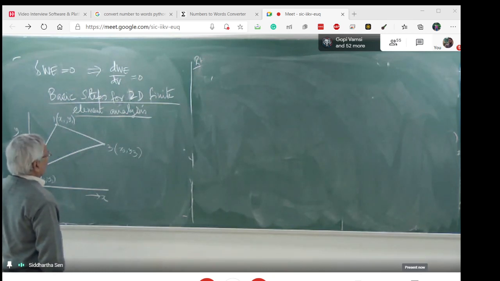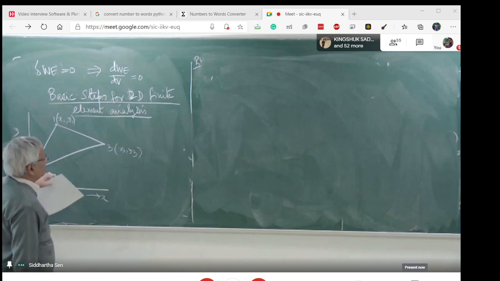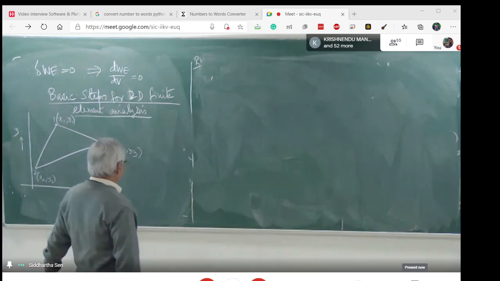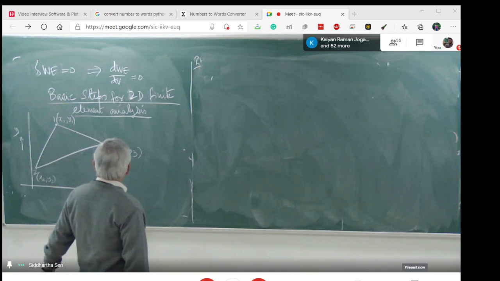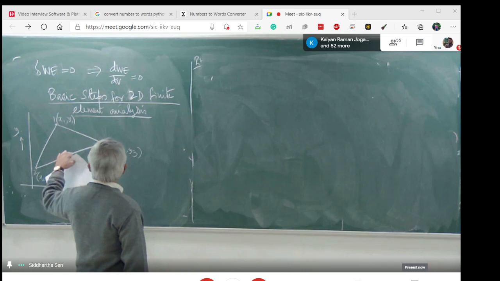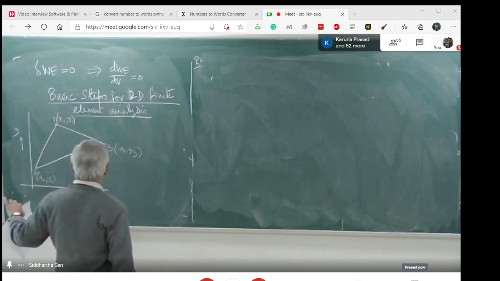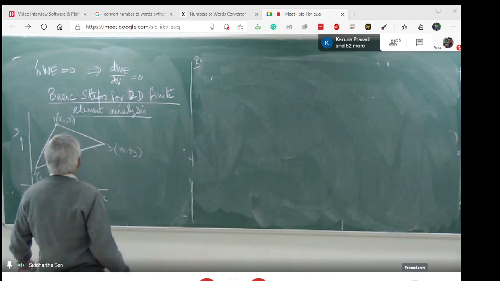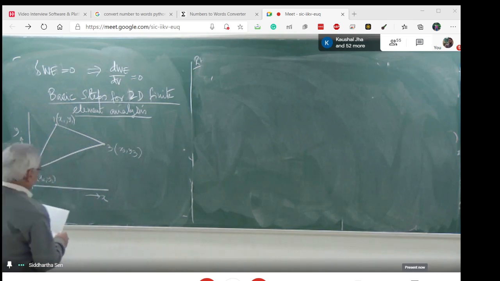Though I have considered an elementary triangle in this case, in this space it could be an elementary quadrilateral also. And in 3D space, this elementary triangle will be elementary pyramids and so on. Those things will be out of our scope, but I am just taking a simple case of an elementary triangle with 3 fixed points.